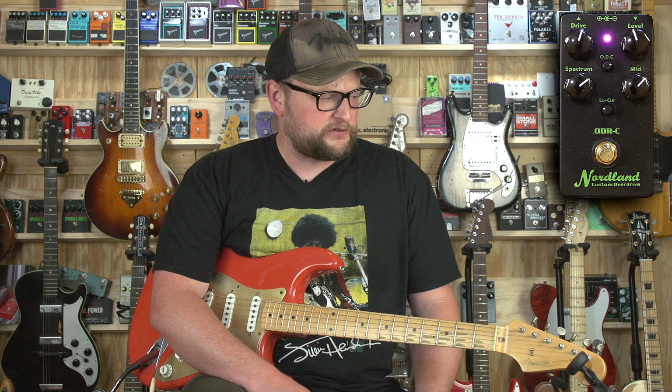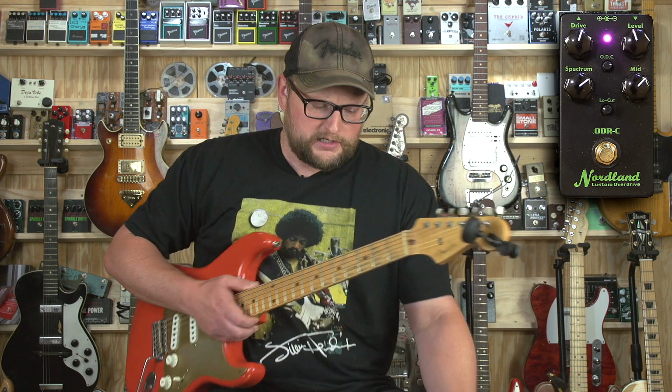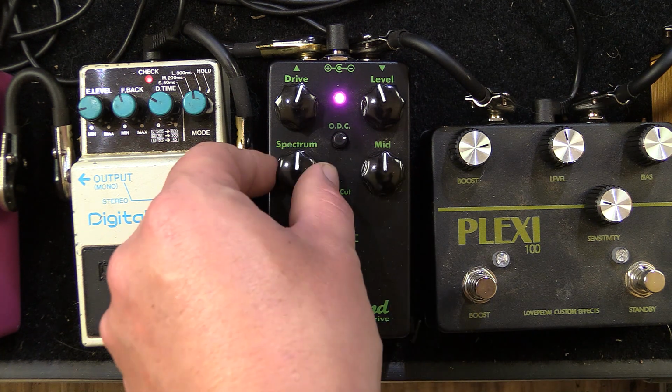Now the original ODR1 doesn't have a mid-range control. It's a very scooped mid-range sounding type of thing. So if you're pushing an ODR1 into a Fender amplifier, which traditionally has a very scooped mid frequency range anyway, they can sound a little tinny. So the nice thing about this unit is by having the mid control, you can get that set exactly where you want. Another important thing of note here also is that the knobs themselves, when you get to the middle of the sweep,